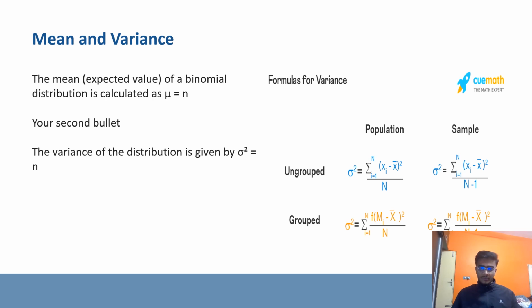So the difference between grouped and ungrouped population would be f of x minus x dash square, and in ungrouped it will be just x minus x dash whole square. So in group sample, it would be sigma square is equal to summation of f of x minus x dash whole square divided by n minus 1. So it's the same, n and n minus 1 is the difference over here. So in the next slide we have